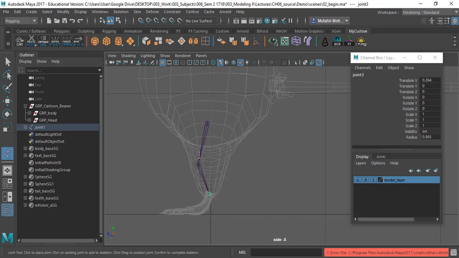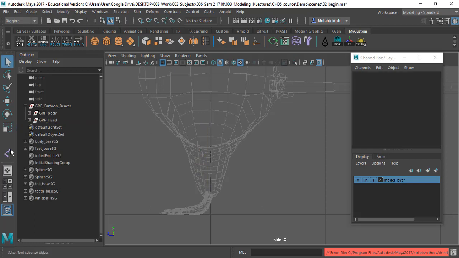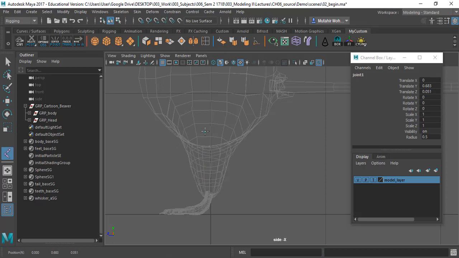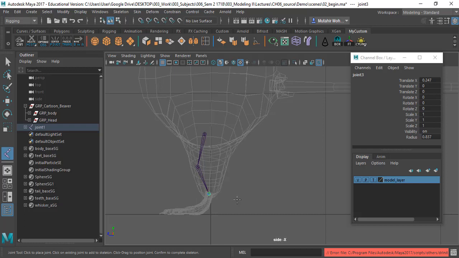Because then Maya will not control how this leg is bent, so you need to tell Maya how it's supposed to bend and then bend it properly. Tell you what, I think that is not looking right, so I'll just do it again. That feels too long, so I'll place it down a bit and place it there and place it here, and that's a good one. And then we'll continue by adding more joints here for the foot and here for